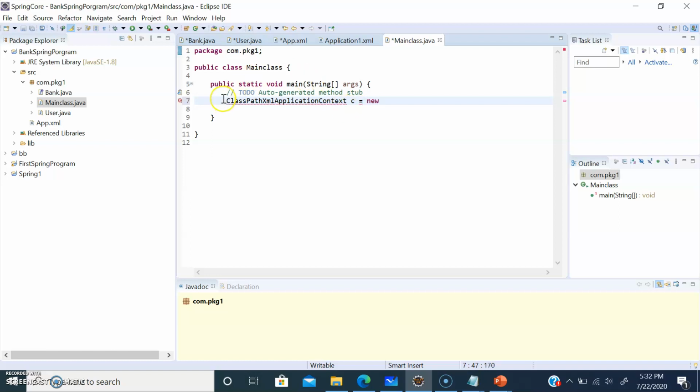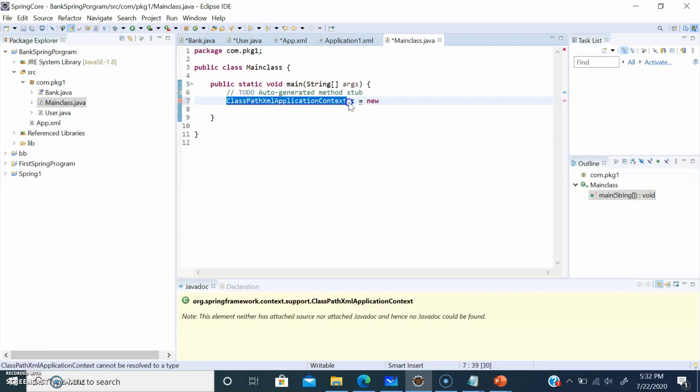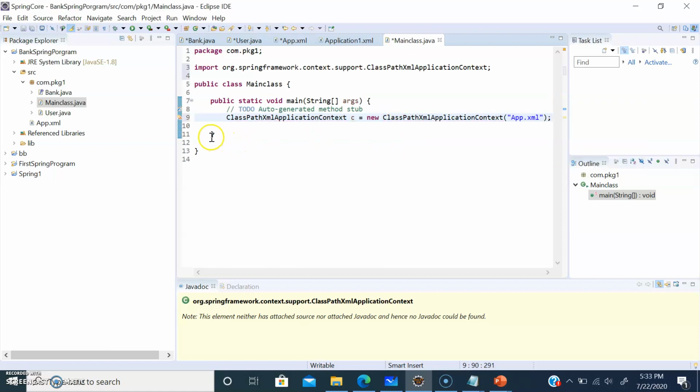Let me copy this, and then we have to give the XML file name. The XML file name is app.xml. Let me import the package. So I have imported the package. And then we have to get the bean information, right? For that we have to say